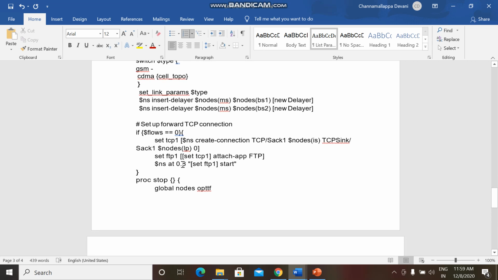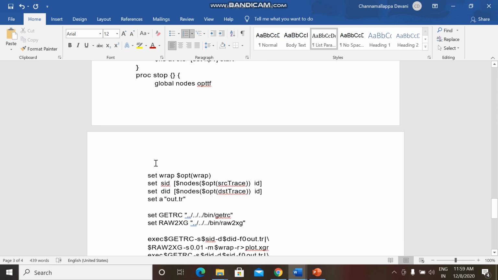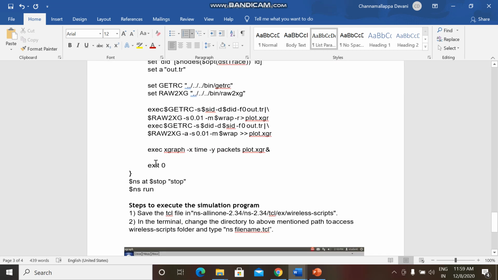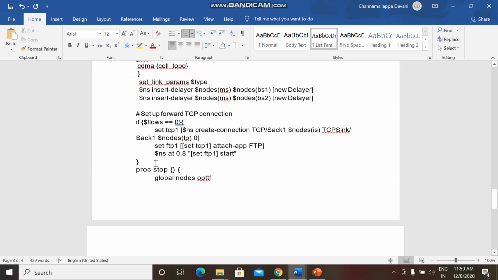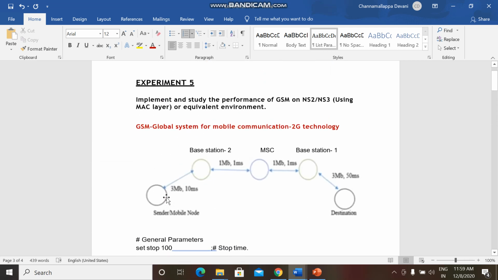Now we have to set up a forward TCP connection. As I told you, since here we are only using a single connection, whenever there is a single path between the source node and the destination, the control comes here. Whenever we are using two or more paths, that is flow greater than 0, there could be multiple paths based on the topology.